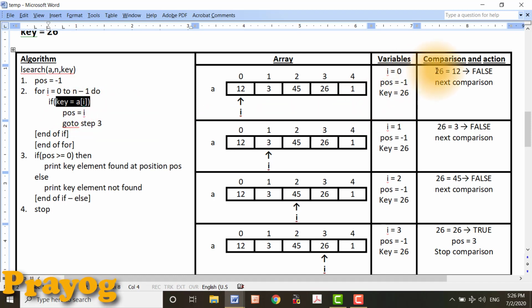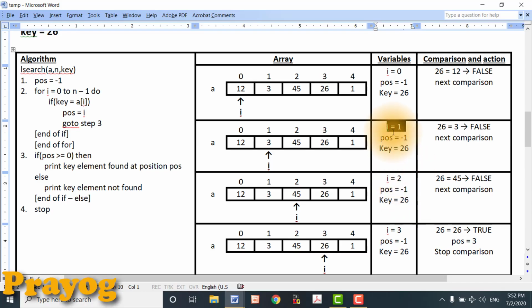Since in our case key 26 is not equal to 12, the condition key equal to A[i] is false, and program execution is transferred back to the for loop again. Once the control is transferred to the for loop, naturally the value of i is going to be updated by the for loop itself. It becomes 1.